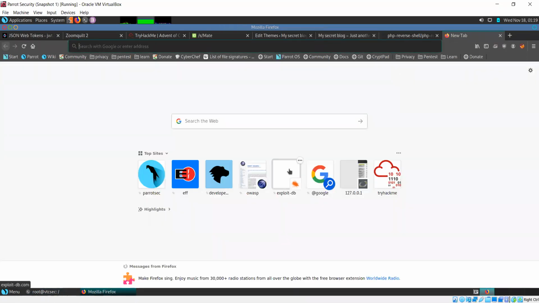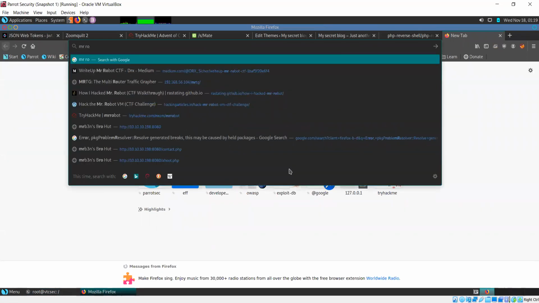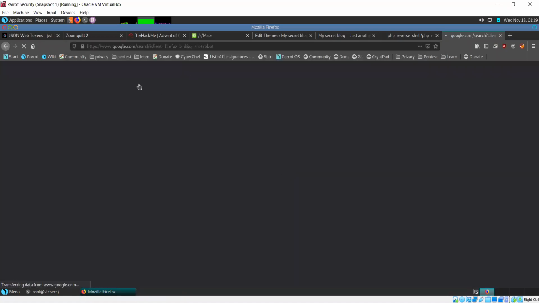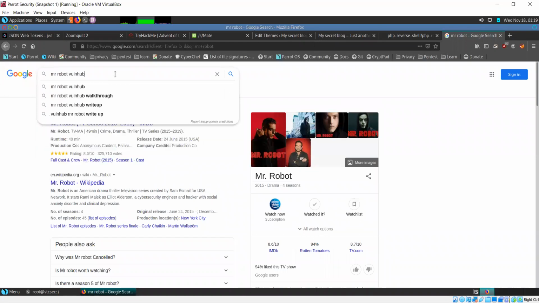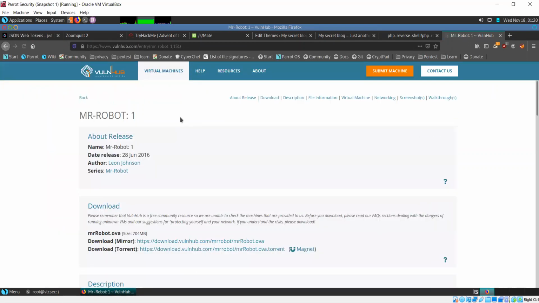The next machine that we will be working on is called Mr. Robot. This is the machine that we are going to target next. It's a CTF known as Mr. Robot, and it's based off of a TV show by the same name.